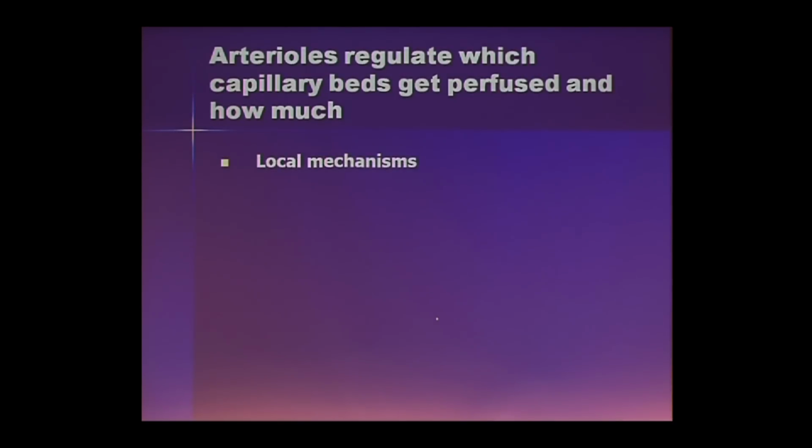There are local mechanisms that we just mentioned in that big slide. I'm going to come back to this because I think this is important, and systemic regulation of resistance. Local mechanisms are autoregulation, in which you, for example, will appreciate that if the pressure goes up, what happens with the flow? Increases or decreases? Excellent. So if you increase pressure, flow increases. But if you want to have a system in which you want to keep the flow steady, what do you want to do if the pressure increases?